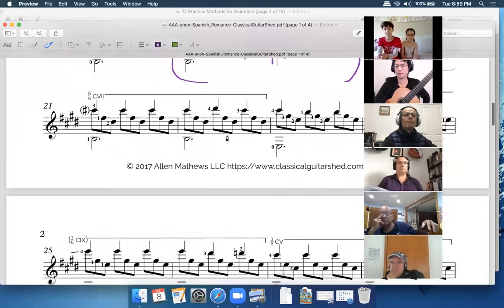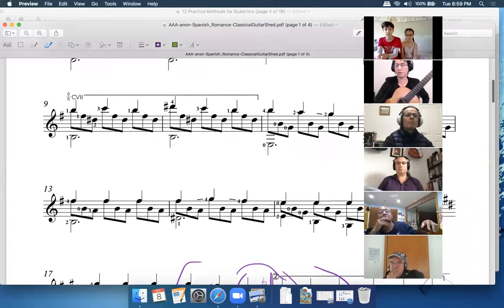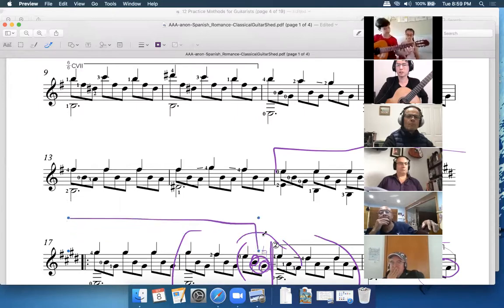Another place that this could apply in this piece is the transitions from going from E minor, this section, to E major, and then back to E minor as well. So practicing those. And that's something you can also sort of divide and conquer. You can practice at the seams and divide and conquer at the same time. So, doing something, maybe not there, but maybe something like a couple bars of this section and a couple bars of the new section. And...